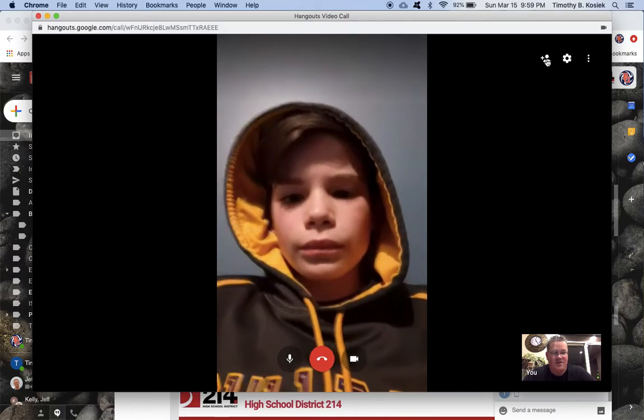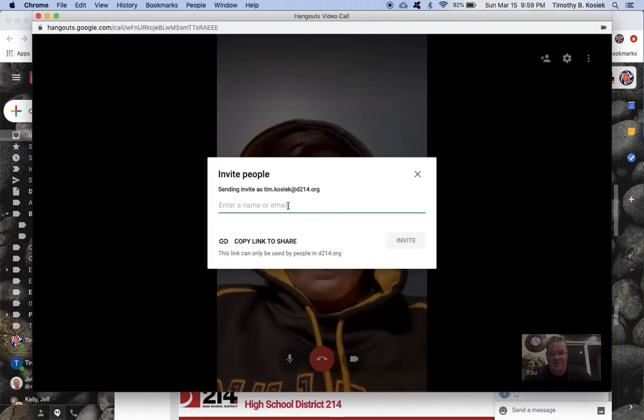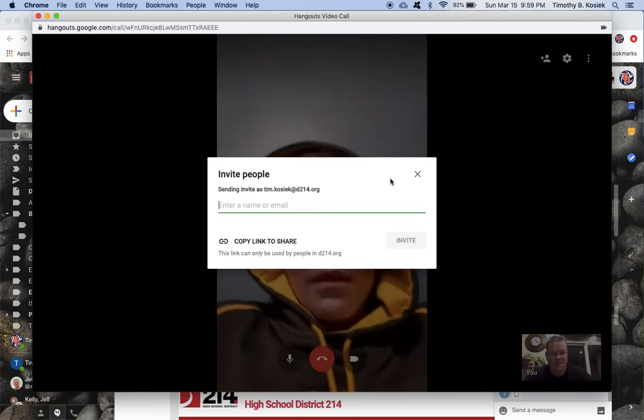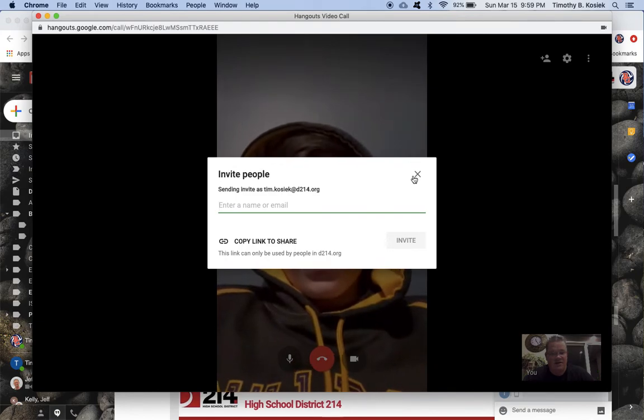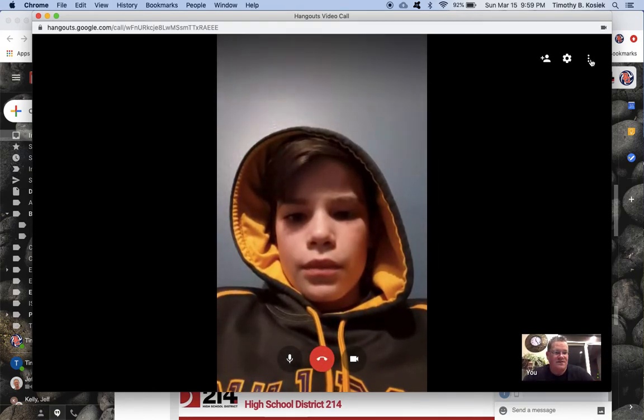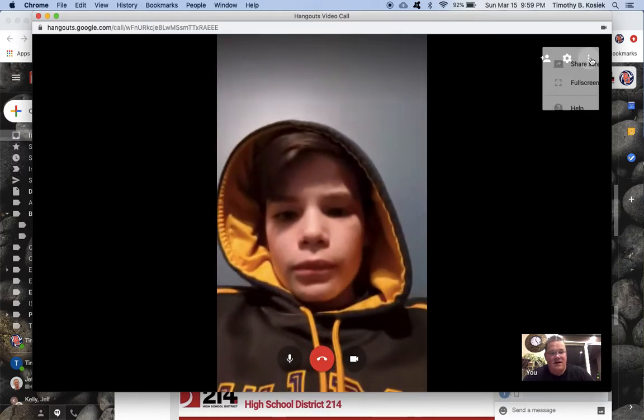A couple of features I'll show you quickly. On the top right, you can add an individual. At this point, you can go ahead and put in their email address and it will connect with them. Or you can share a link that it can be posted for them to join. And then another feature which is great is if you hit the top three dots on the top right,